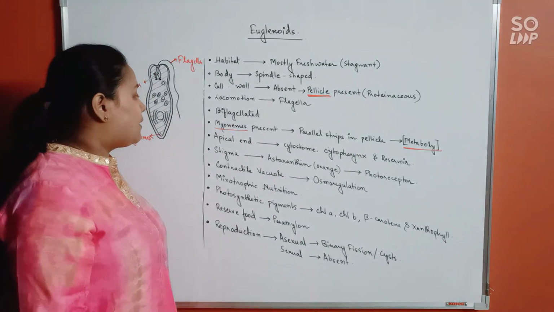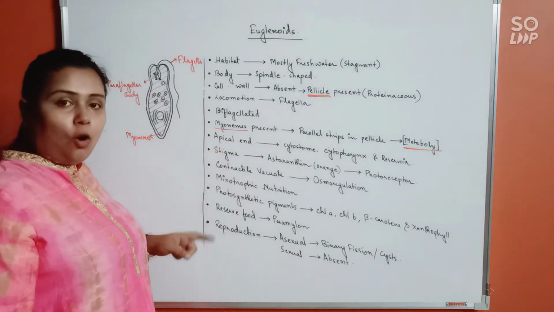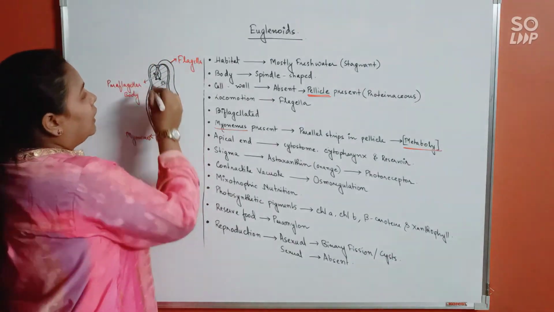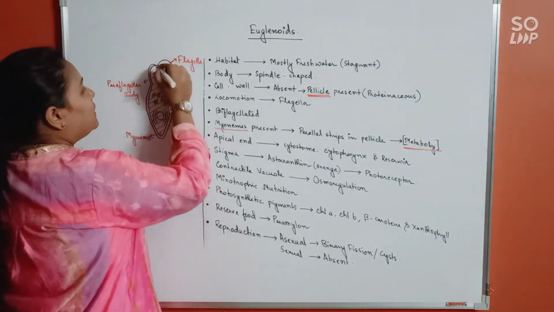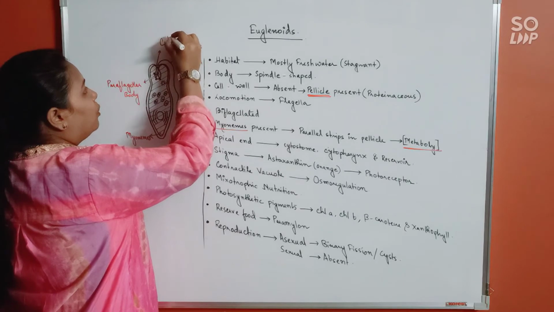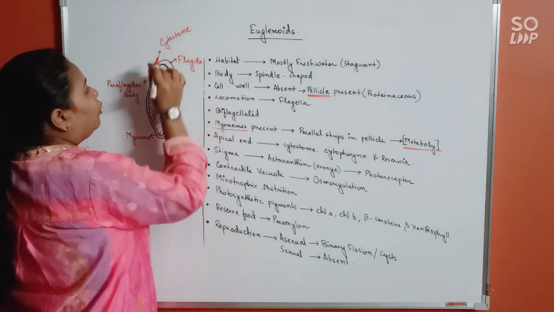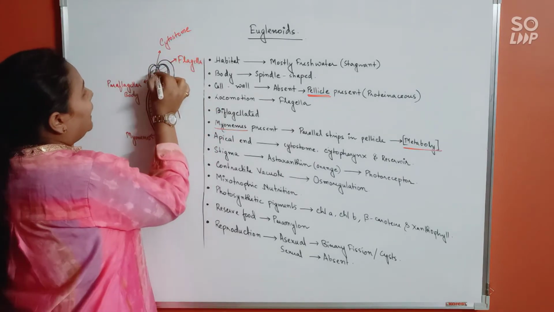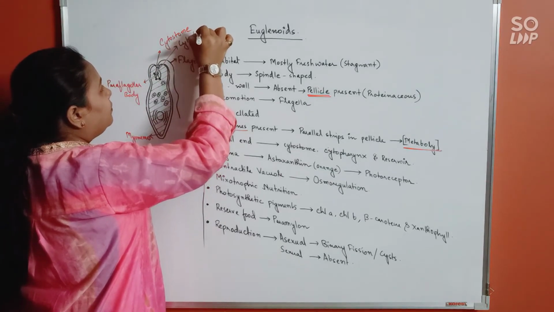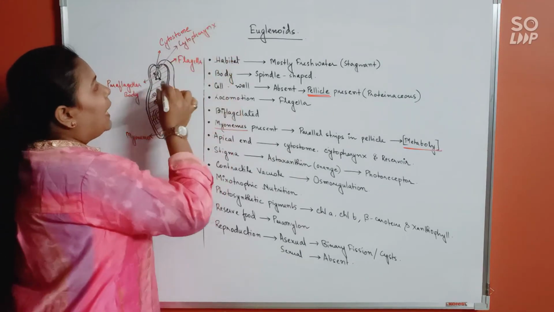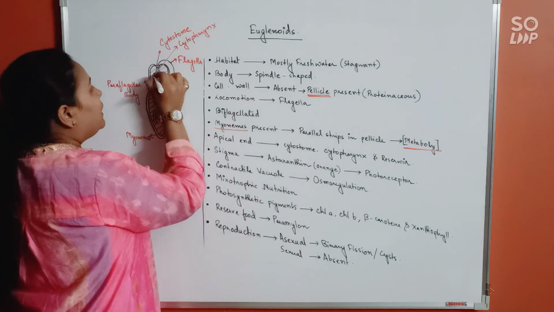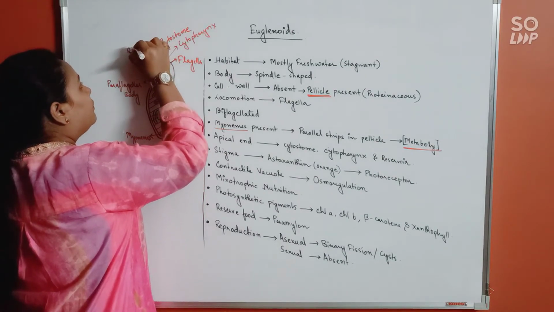Okay. Next, the apical end of the euglena, as you can see in this part, it consists of a mouth-like cavity that's called cytostome. So this mouth-like cavity is the cytostome, followed by a narrow canal. That canal is known as cytopharynx. And the cytopharynx finally ends into a basal reservoir. So this is the reservoir.